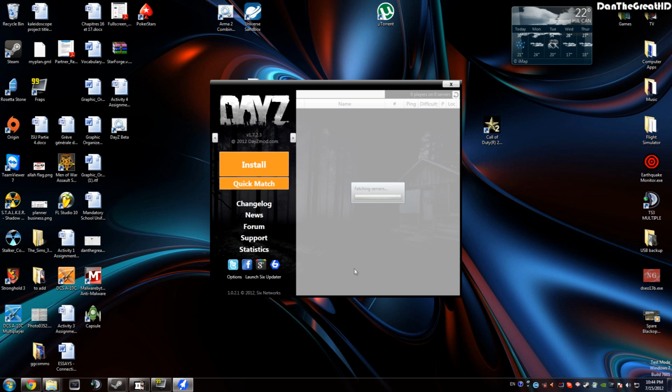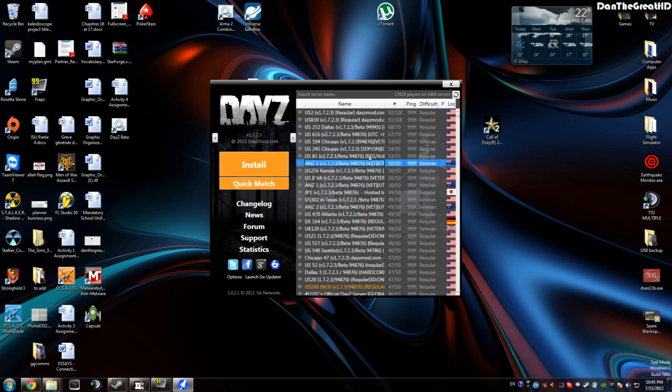There's still refreshing the servers. You're going to have a big install button here, okay? This is the serverless, but you still can't join any of them because you don't have the mod yet. So what you do is you click on install,